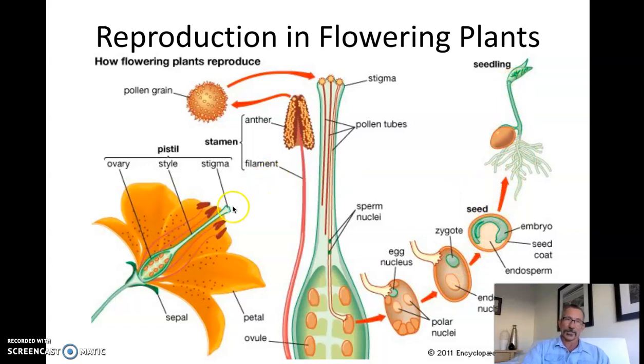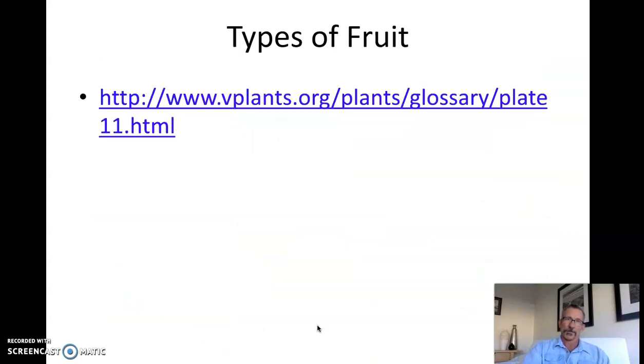Okay? Unless it's been self-fertilized, if this pollen grain came from another plant, the genes, the DNA in this seed would be slightly different than both the mother and the father, the male and the female. It would be a combination of the two. Okay? And then just finishing up,